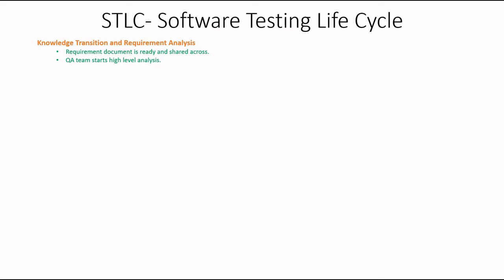Now what does the QA team have to do with it? Once they receive the document, the QA team starts a high-level analysis. Once you start analyzing the document, you come across many doubts. For that, you have to maintain a clarification tracker, also known as the issue tracker. This has to be active throughout the software testing lifecycle because doubts may come at any point of time. If you close this during the KT and RA session and a doubt comes at a later stage, there will be no activity in it. The deliverables of the requirement phase would be the RTM or the automation feasibility report, if applicable.